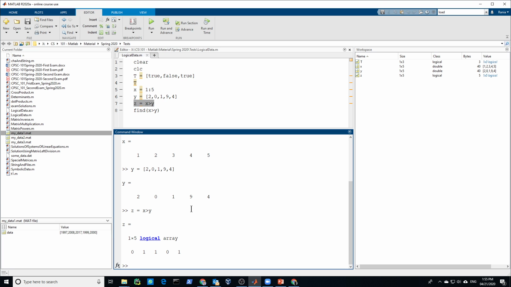So look in here. Is 1 greater than 2? No. It gave you false. Is 2 greater than 0? Yes. Gave you true. Is 3 greater than 1? Yes. Gave you true. Is 4 greater than 9? No. Gave you 0. Is 5 greater than 4? Yes. Gave you 1. So we use it to create